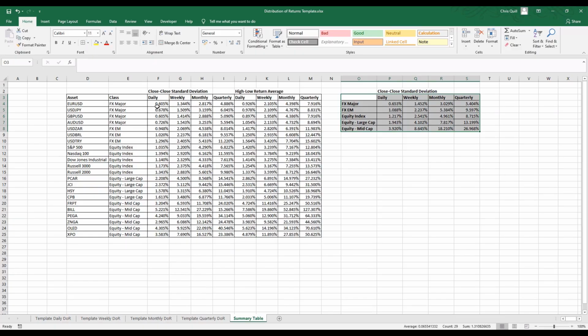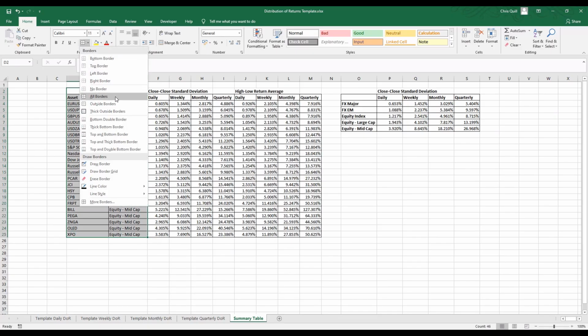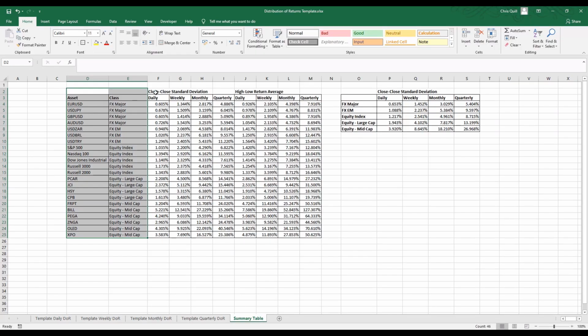Then I'm going to use some thicker borders to kind of split this table up. You'll see what I mean in a moment. So first of all, I'm going to select these cells here, D2 to E25, and then go to our border drop-down menu and click thick outside borders. The same for this selection here from F2 to